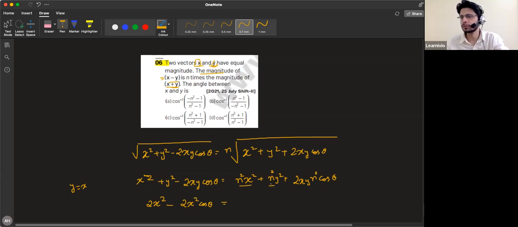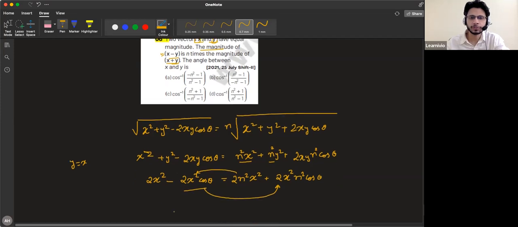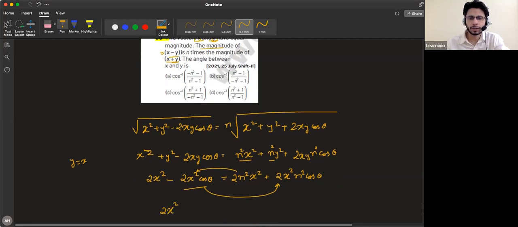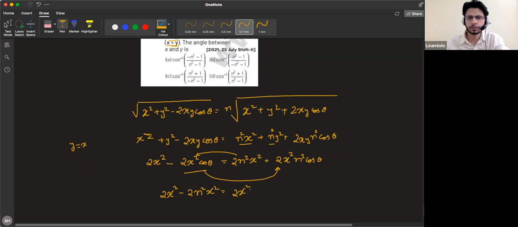Similarly, n square x square and this y can be written as x. So it will be n square x square plus n square x square, since y and x are equal. So you can write this as 2x square n square cos theta. You can take this cos theta term to the left hand side. So we'll get 2x square minus 2n square x square is 2x square n square cos theta plus 2x square